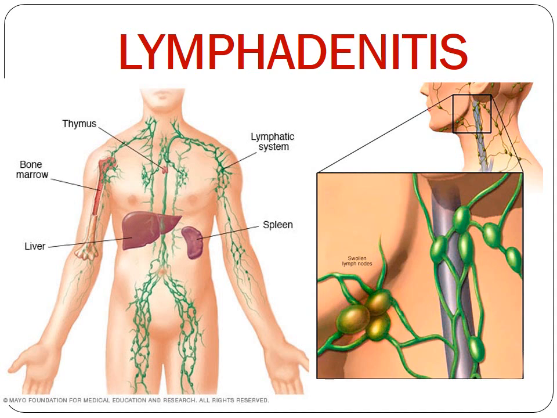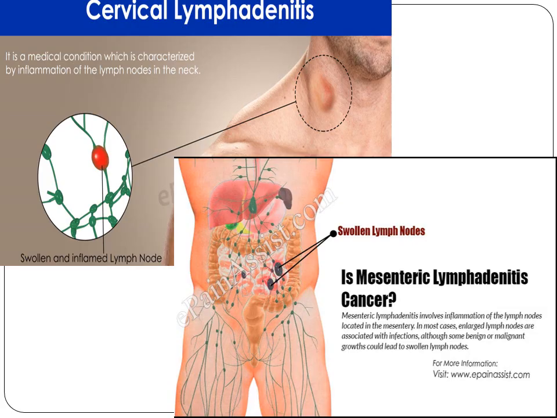The normal lymph nodes will look like this, but you can see the swollen lymph nodes, how they appear to be. And this is what I said, it can turn out to be very painful. Okay, so you can see there is redness and swelling of the particular node. Sometimes, as I told you, the lymphatic system runs all through your body, and swelling of the lymph nodes can also be seen in your mesentery, in your abdominal area, and this is called mesenteric lymphadenitis.